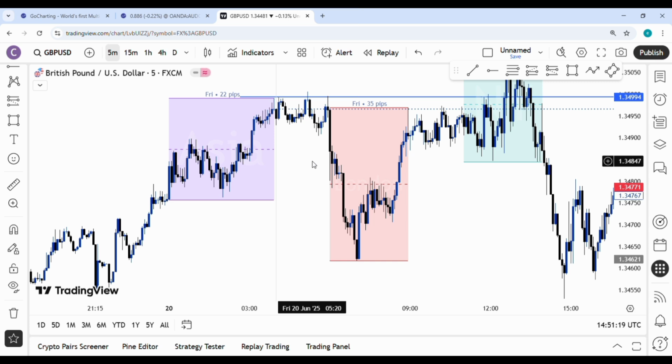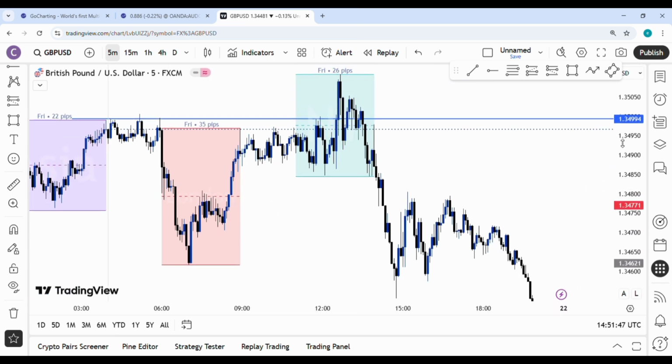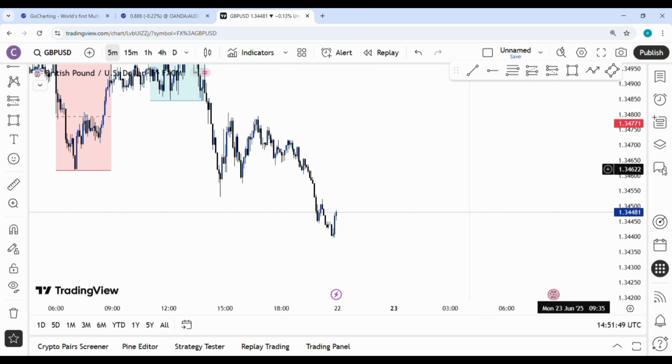You understand? Price must sweep above Asia. If price sweeps above Asia, then we'll wait for a break of structure to the downside, or a change of character to the downside, to happen inside that particular zone from 7 a.m. to 10 a.m. before we sell. You understand? But if price sweeps below Asia, we're waiting for the break of structure to happen inside this particular zone to the upside before we do what? Before we buy. So this is it for this week, which means this week we had only 3 clean sheets on